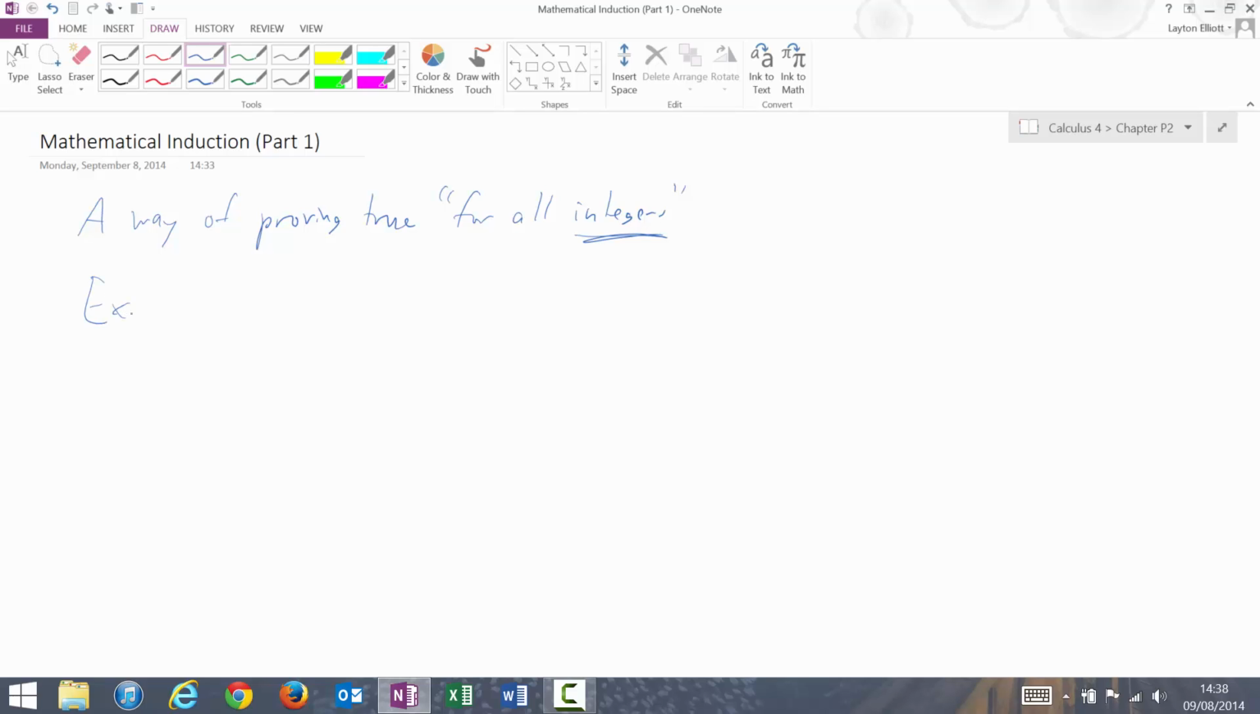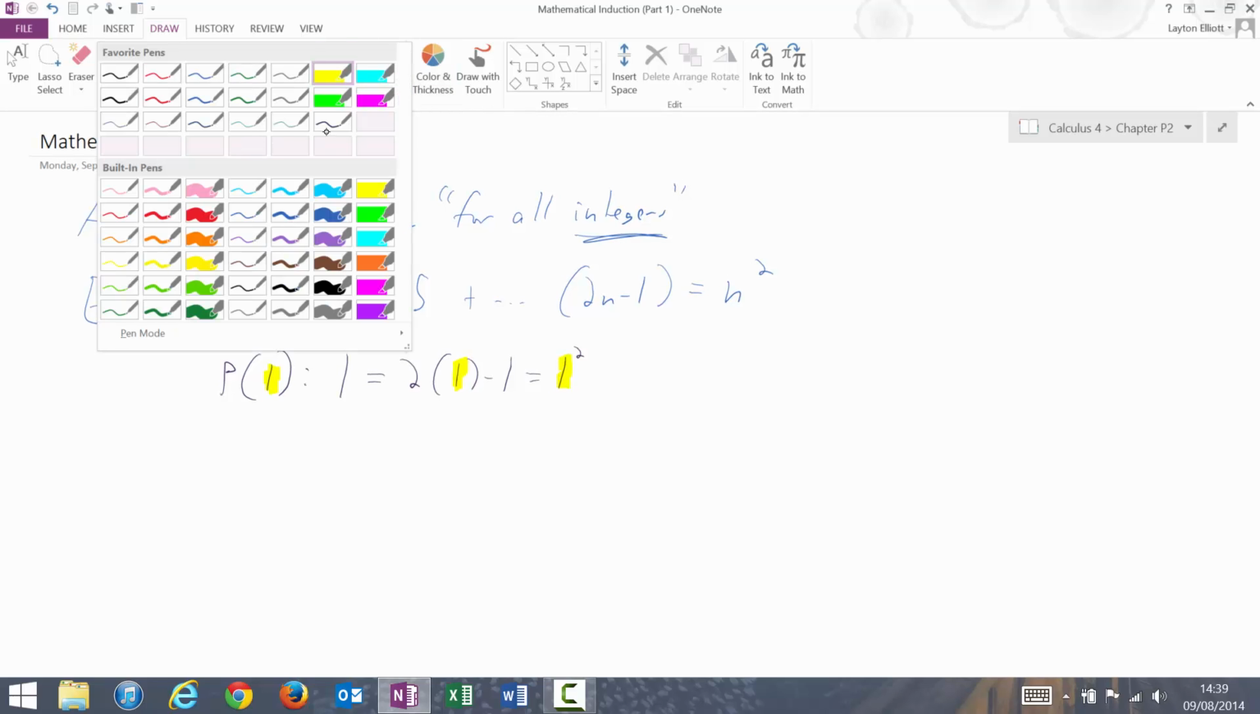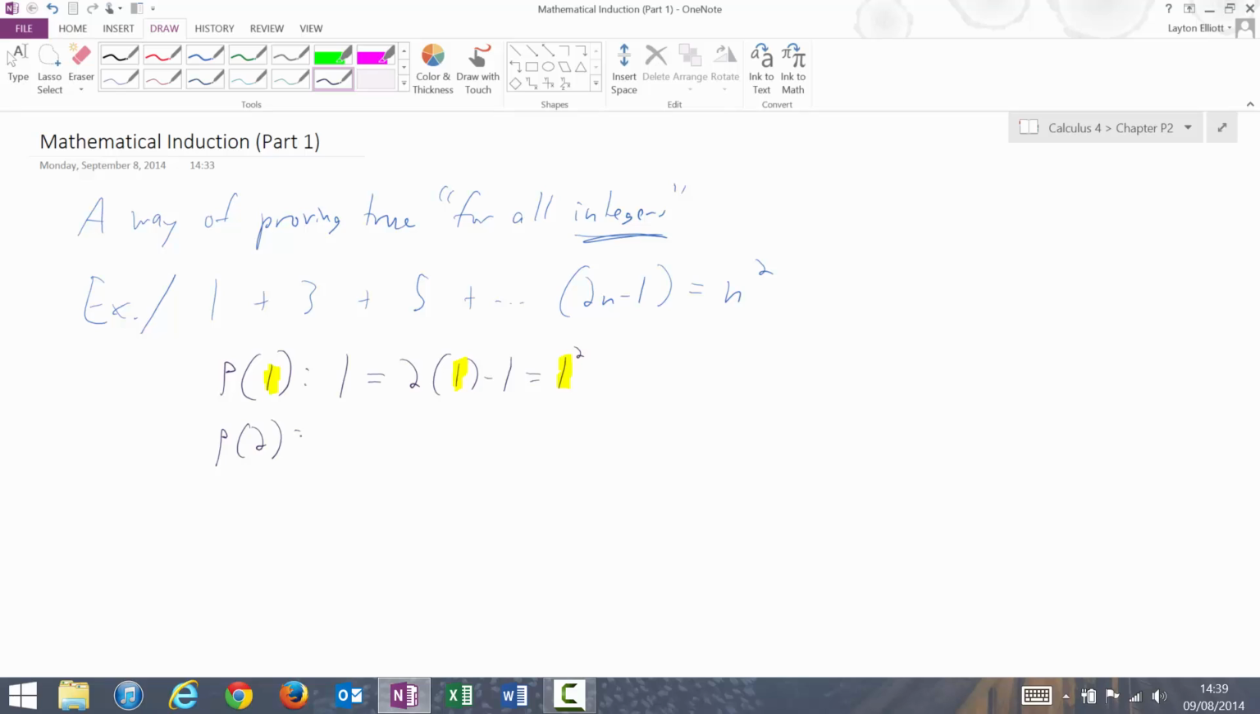So an example of this would be this thing: 1 plus 3 plus 5 plus all the 2n minus 1s is just equal to n squared. This is an obvious result if you just look at the patterns here. You might not have known this one or even remembered it, but P of 1, meaning the first one, is just 1, and that's equal to 2 times 1 minus 1, which is also equal to 1 squared. As we look at the ordinality of what we're substituting, this 1 is the same as this 1 and this 1. Now if I keep going with this, I would get P of 2